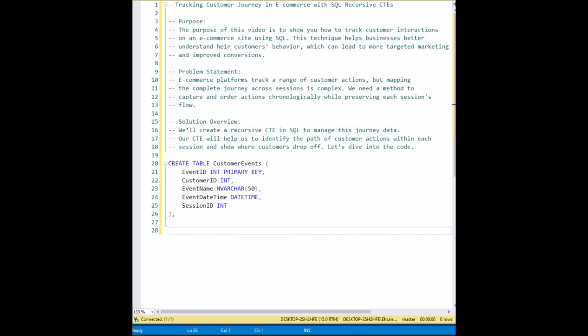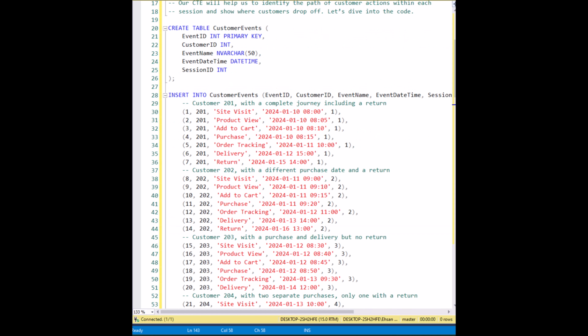And now sample data insertion. The sample data simulates customer actions: site visit, product view, add to cart, purchase, delivery, and returning across multiple customers and sessions, helping to trace the customer's journey in a session. Each customer passes through various events on this site. This data enables us to analyze how customers progress and identify common patterns or points where they may abandon their